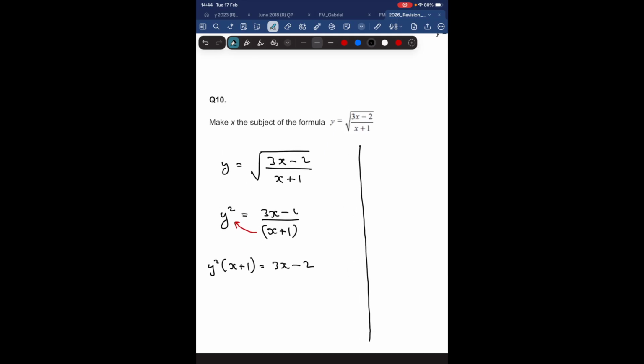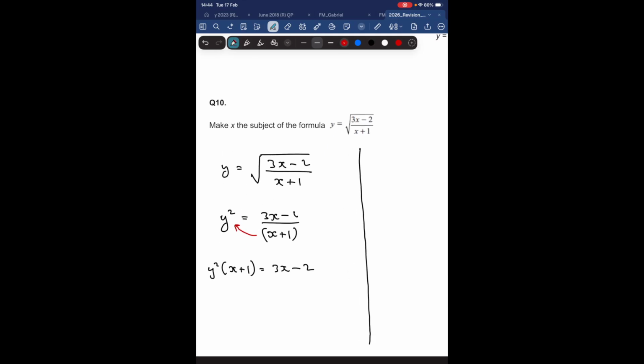So I've got rid of the algebraic fraction. Next step, multiply out the bracket on the left-hand side. So y squared times x will be y squared x, and then y squared times 1 will be y squared